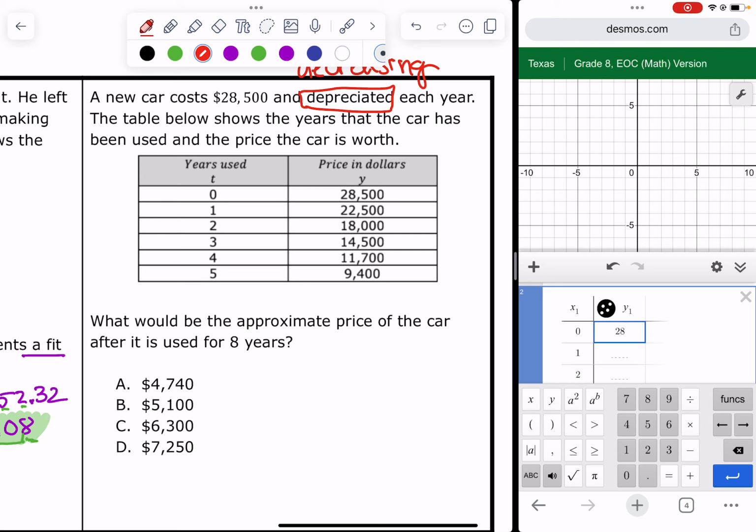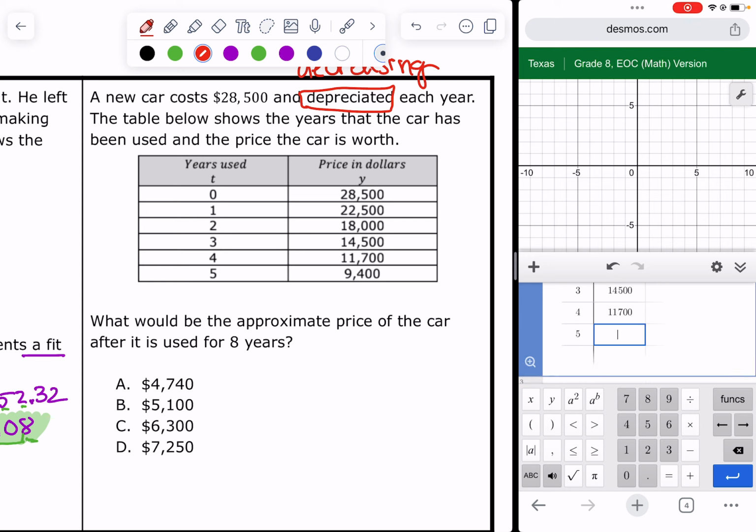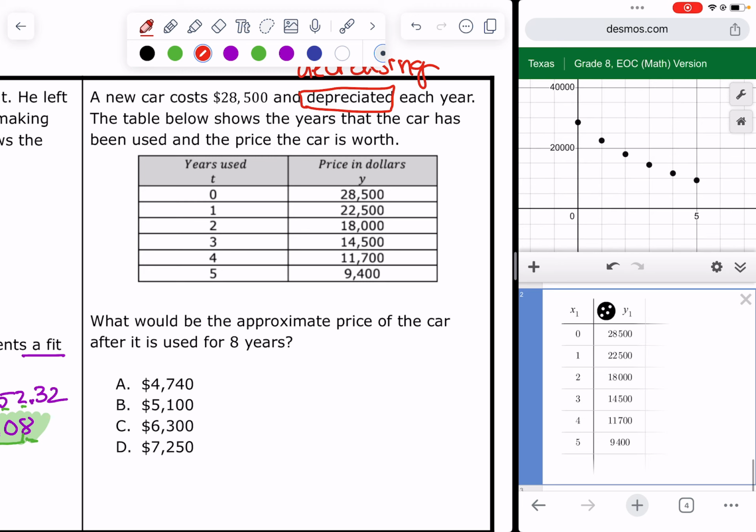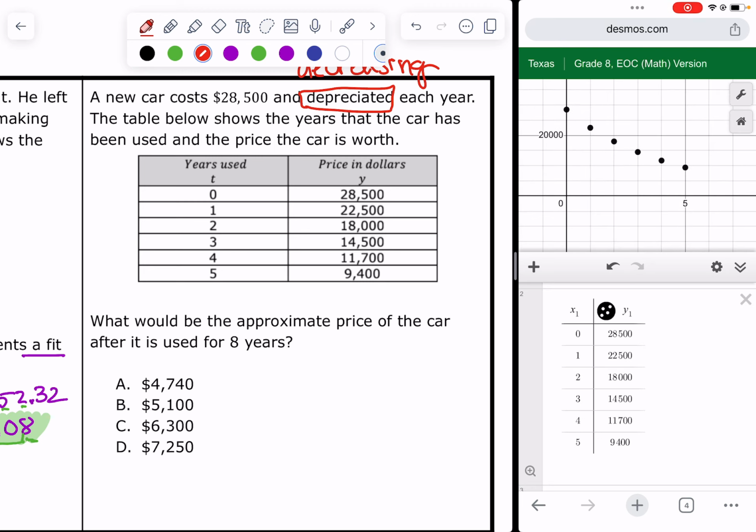28, remember, do not put the comma, 500, 22,500, 18, 14,500, 11,700, 9,400. Now, if we look at it, it kind of makes a J shape, so we're going to do the